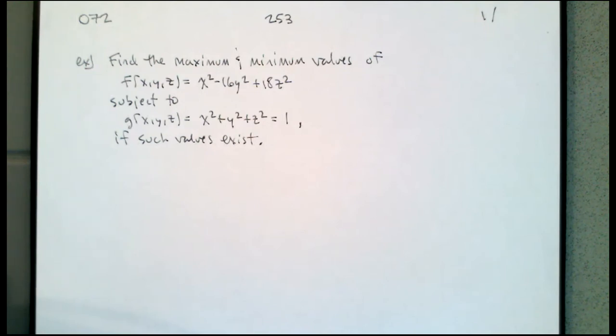So the first problem that we did when we were working with Lagrange multipliers was to optimize a function subject to a circular constraint. And we were looking for the level curves of the function that were tangent to the constraint. The constraint was a level curve. We could imagine the constraint as being a level curve of the constraint function. And we're trying to optimize the objective function by looking at its level curves and find out which ones of those are tangent